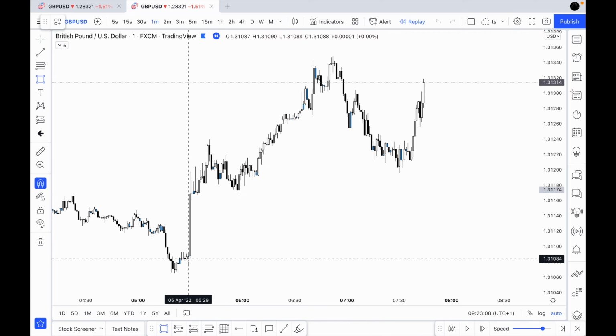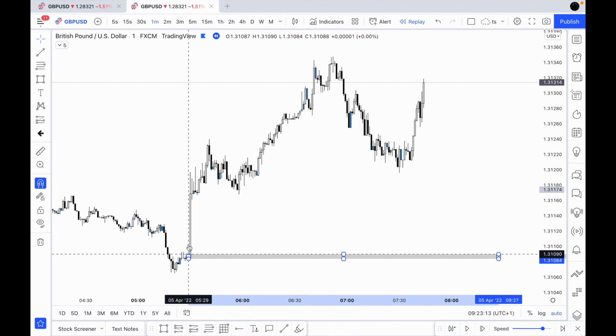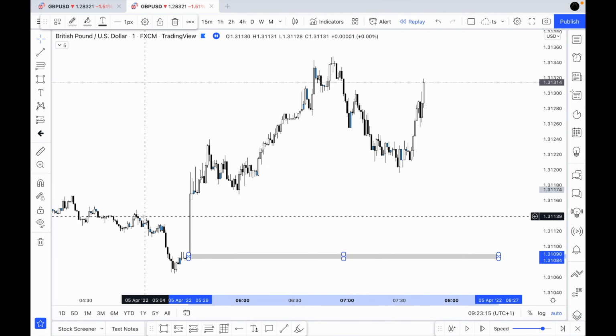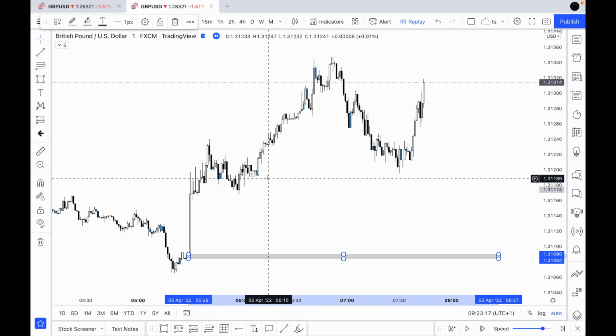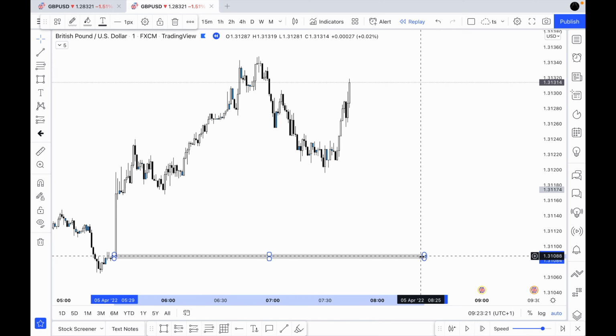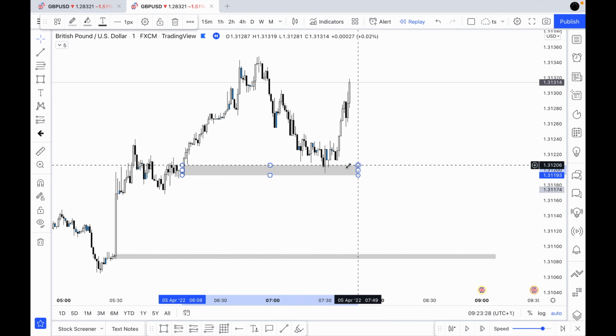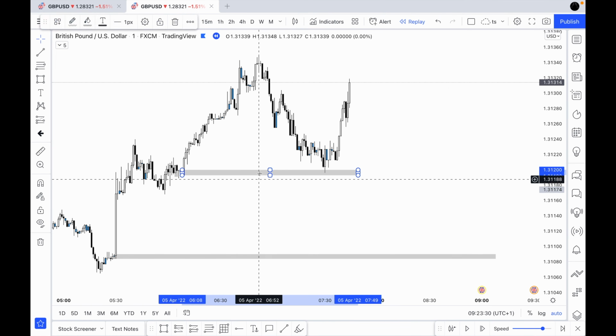As we can see, we've got some demand zones pushing up here. So we've got this one here, we've had an impulsive move, break of structure, okay, and then we've also got another demand zone here, which we shall mark up. Let me just drag this across. This one's had a mitigation, as you can see.